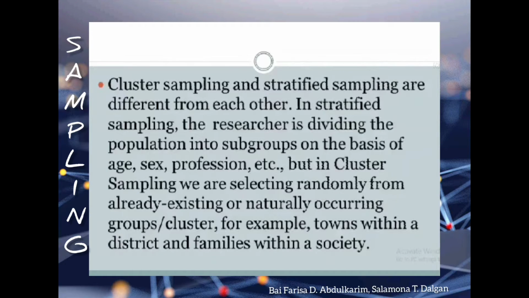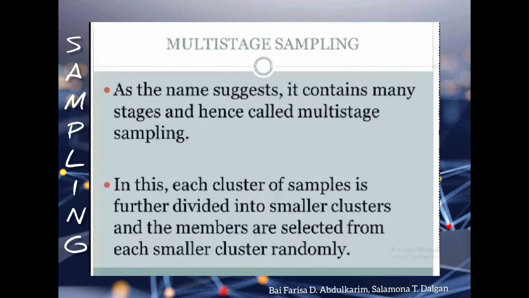Cluster sampling and stratified sampling are different from each other. In stratified sampling, the researcher is dividing the population into subgroups on the basis of age, sex, profession, etc. But in cluster sampling, we are selecting randomly from already existing or naturally occurring groups, clusters, for example, towns within a district and families within a society. Multi-stage sampling, as the name suggests, it contains many